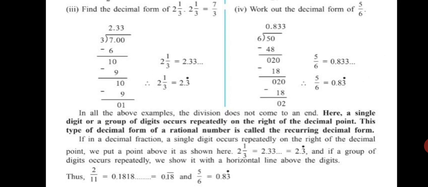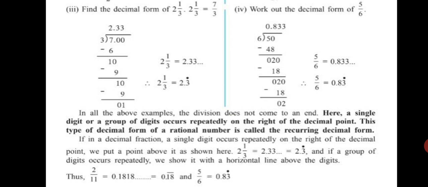Let's see two more examples. Find the decimal form of 2 1 upon 3. Now 2 1 upon 3 is equal to 7 upon 3. 2 3s are 6 plus 1, 7. 7 upon 3. Divide and you get 2.33. Now 3 will keep on repeating. Every time you will get one remainder. You take a 0, 3 3s are 9, again one remainder. So in the answer we write 2 1 upon 3 is equal to 2.3, and on top of it you will put a decimal point or just a point on top of 3, which will say that 3 is repeating in the quotient.